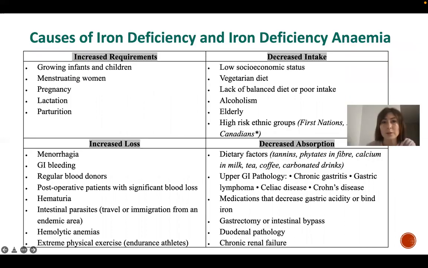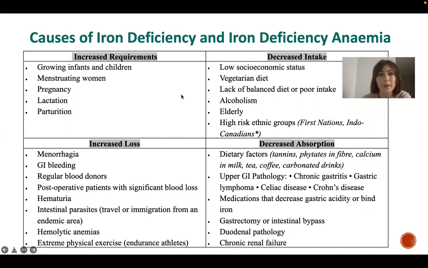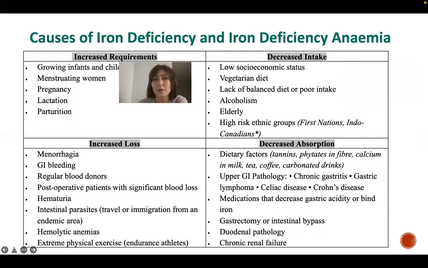Causes of iron deficiency and iron deficiency anemia. First, growing infants and children, menstruating women, pregnancy, lactation, parturition, low socioeconomic status, vegetarian diet, lack of balanced diet or poor intake, alcoholism, elderly, high-risk ethnic groups, menorrhagia, GI bleeding, regular blood donors, post-operative patients with significant blood loss, hematuria, intestinal parasites,